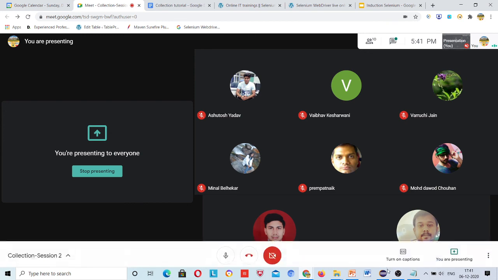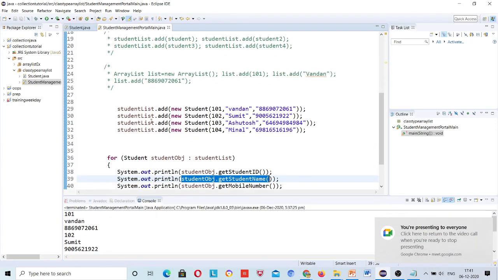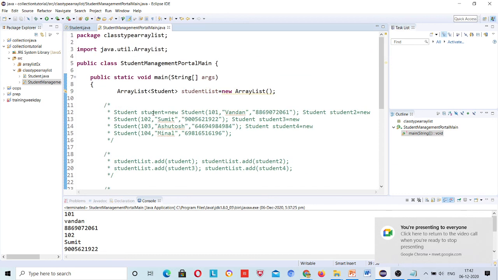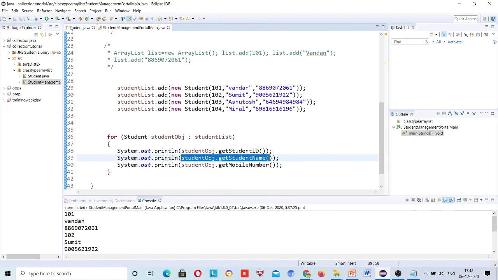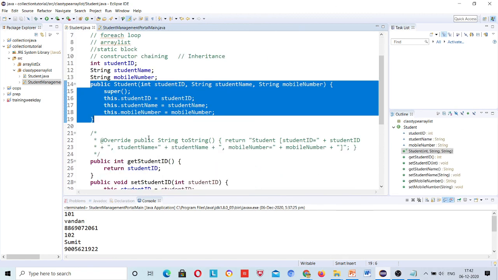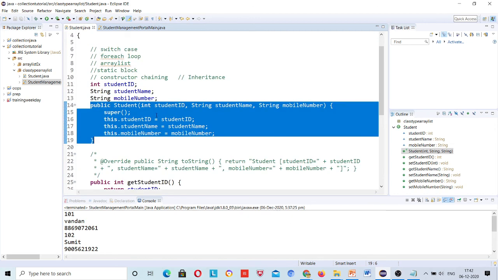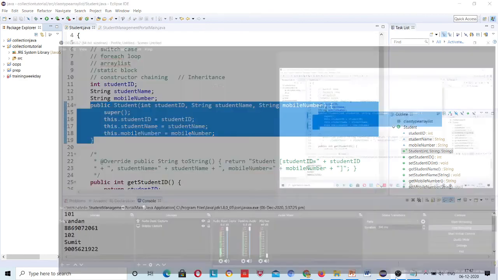I hope that till this level, no one will be covering the collections, right? Till this level, class type and all that, right? But I want to make sure that you do not face any problem in Selenium. That's why I have done it, right? And please complete this assignment.